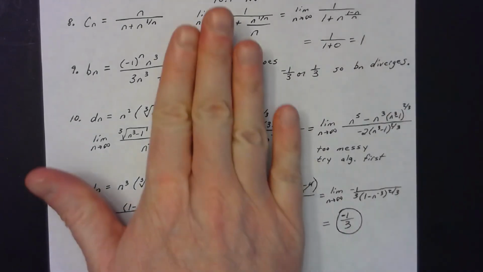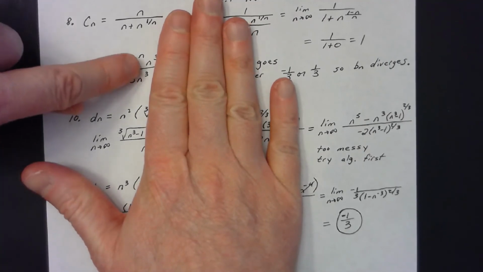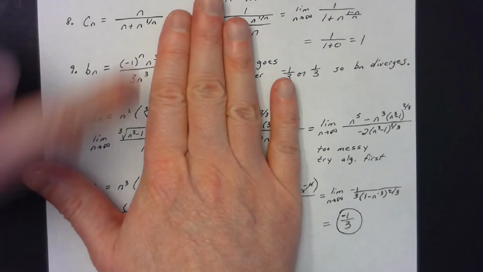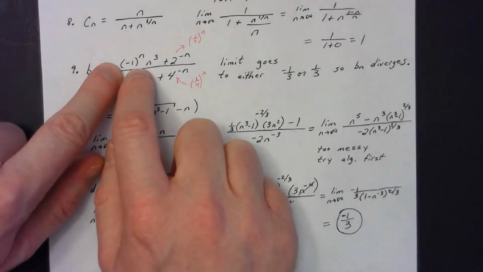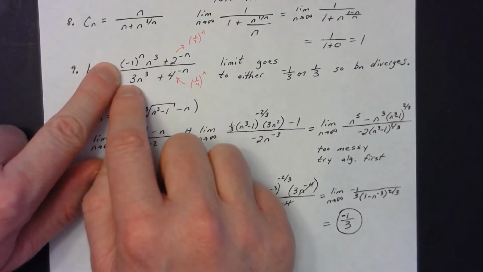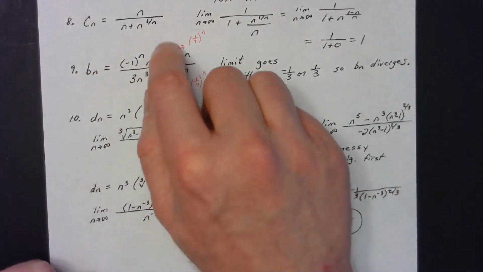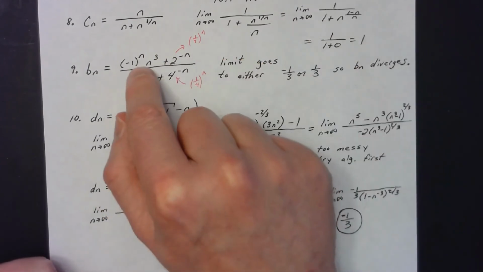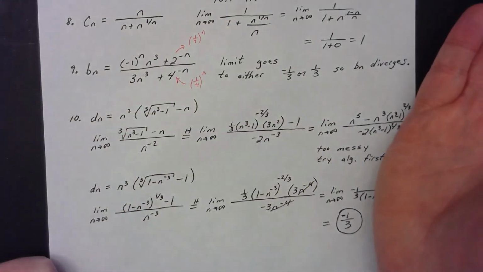So the overall limit is going to be defined by this first portion. What I want you to see is that it's a polynomial function over a polynomial function. I have an n cubed in the numerator and an n cubed in the denominator. What's the only difference in the two? The one in the numerator has a coefficient of negative 1 to the n power, whereas the one in the denominator is a 3. So as this goes off towards infinity, the n cubes would cancel each other out. But the problem is this negative 1 to the n power could be a negative 1 if n is an odd number.